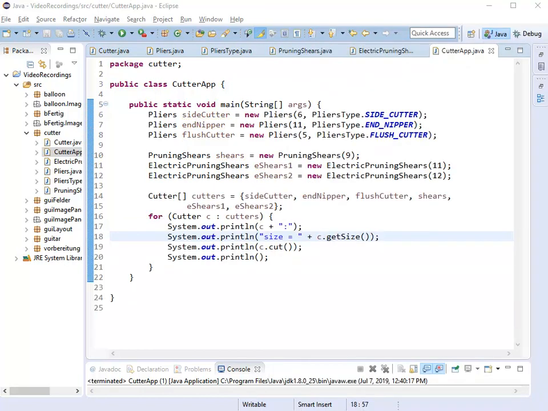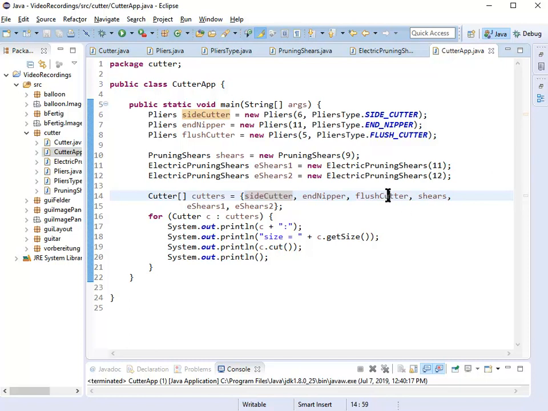Again, we have something to compare it with. Here is an array of cutters, so the type of each element is a Cutter. Notice the S, plural, that's important when we have a list or collection or array, because it can include multiple elements, so we want to indicate that in our name. The array initializer always has those curly braces and then in between, comma separated, the elements. My side cutter is of type Pliers. I can add that to an array of Cutter because Pliers is a subclass of Cutter, so this is an is-a